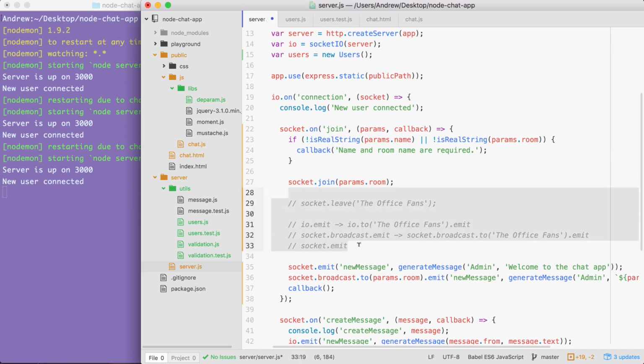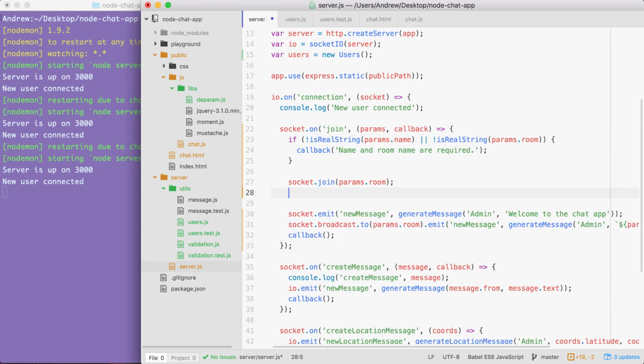I'm going to remove the old comments, although you can choose to keep yours around if you find they are a good reference. Just below socket.join, we're going to call users.addUser, adding our brand new user. And we need to pass in those three pieces of information. The socket ID, socket.id is where that's stored. The name, that's on params.name. And finally, we're going to go ahead and pass in the room name,